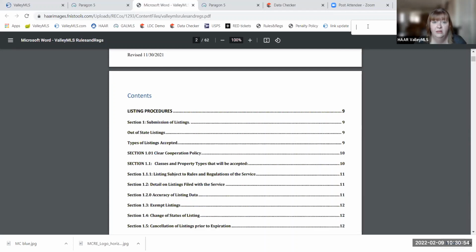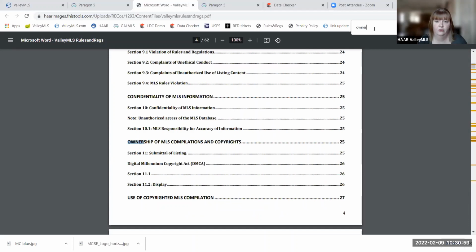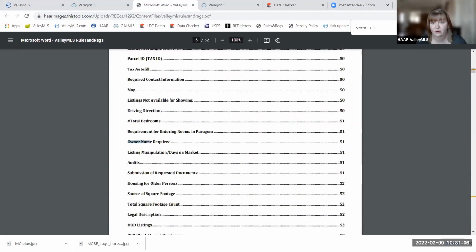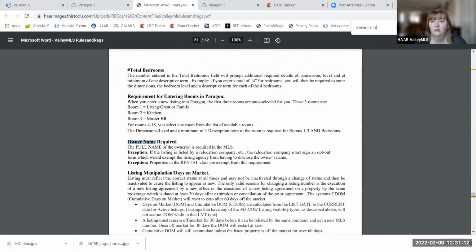And in this finder box, we can type in a keyword. Let's say I want to look for the owner name rule for whatever reason. You can see I've got 60 results with owner. Maybe I want to add the word name, and that helps. Okay, it's showing me the first result there in the table of contents, and then I can click through these little arrows and it goes down through to where it's going to find that rule. Here is where it lists the rule that yes, you do have to have the full name of your owner on every MLS residential listing. And it also lists the exceptions to that.